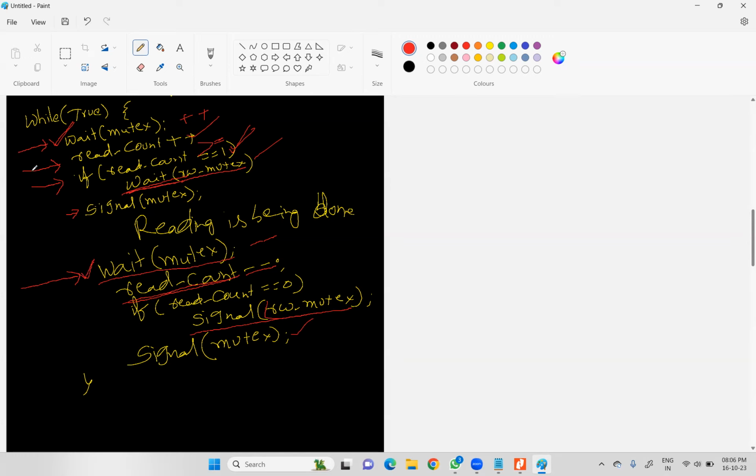First wait mutex will be taken for reading operation, second wait will be taken for read write operation. That's what you need to remember. Here it is increased, here it is decreased. Please understand. If it is equal to 1, you could wait for some time. Read write operation should wait for some time. If it is equal to 0, yes, you can take that particular read write operation for doing your modification. So that is the point, readers writers problem in